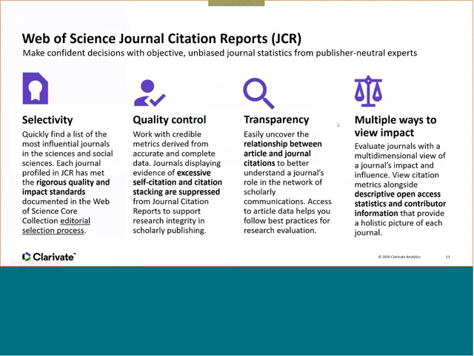What is so special about the Journal Citation Reports is, as I mentioned before, as with all our Web of Science content, we are selective and we have quality control and we are transparent in the way we calculate the journal impact factors. So we will actually show you what are the articles and review articles that have been used in the calculation of the impact factor for that particular journal. And within Journal Citation Reports itself, we will give you other indicators that will help you to make decisions about the journal before you submit your manuscript for publishing in there.